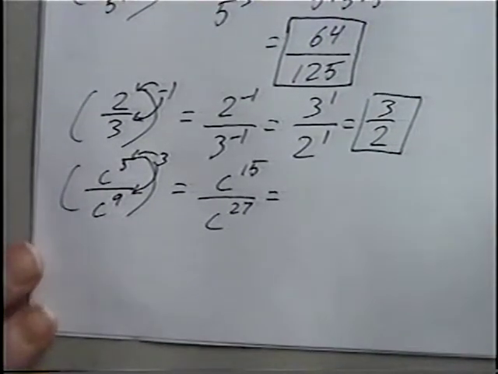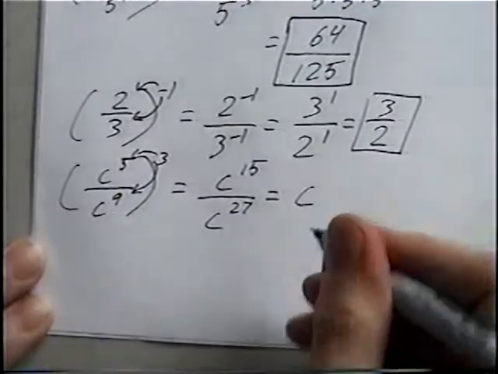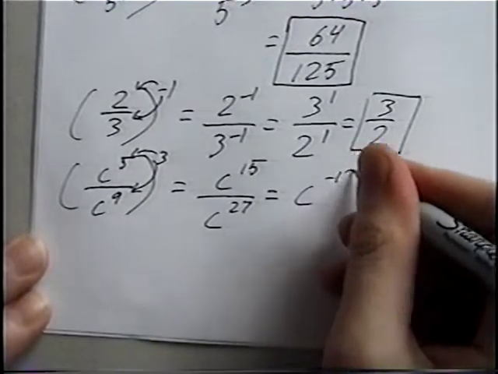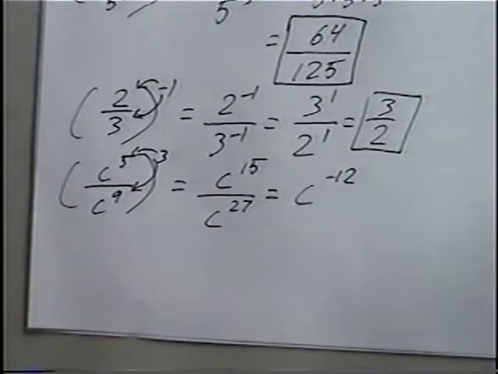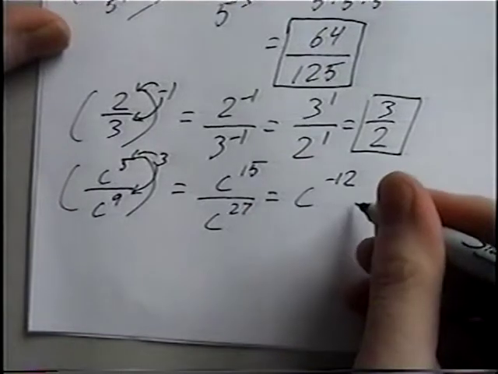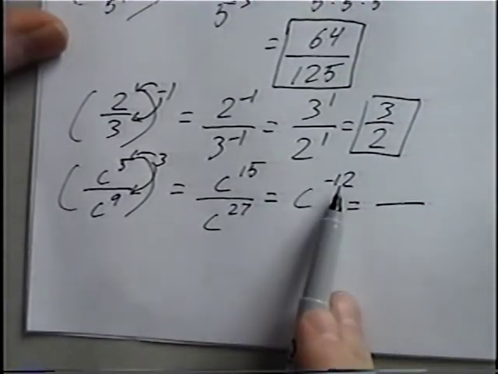Simplifying still. Subtracting exponents when you divide. Again, that's from a previous section. 15 minus 27 would be negative 12. You subtract the denominator from the numerator. Negative exponents, again, mean you'll have a fraction. If you have a negative